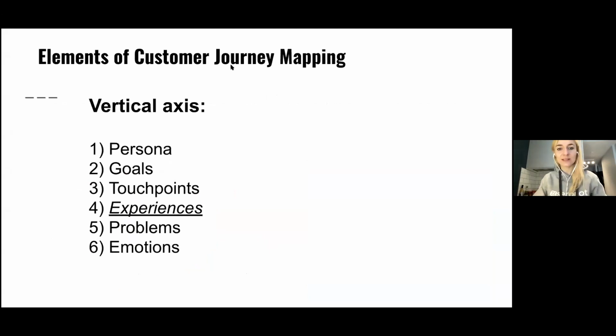Right. Let's move on. So the vertical axis of the customer journey map usually includes the elements that I mentioned already. So the persona, goals of the persona. This is a super important point, right? And I like to say that the common mistake people make creating user personas and user journey maps as well is that they focus on the demographic features, right? So say my target user, Margaret, she's a 40-year-old mother of 2,